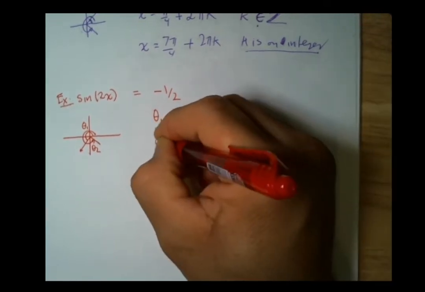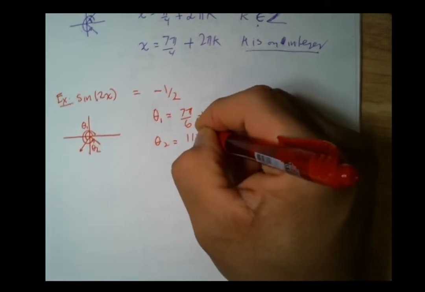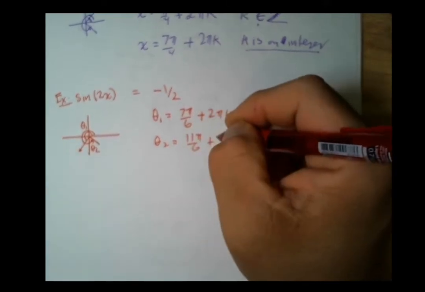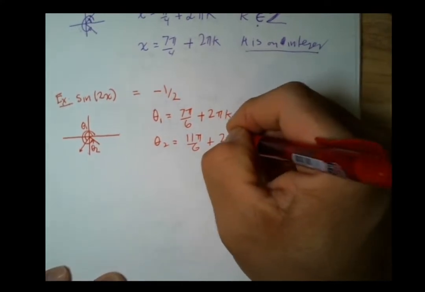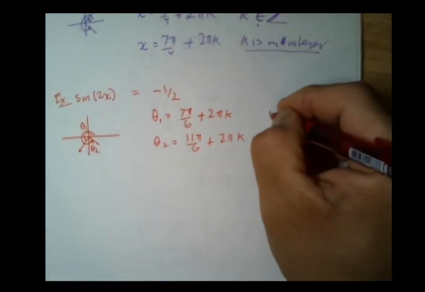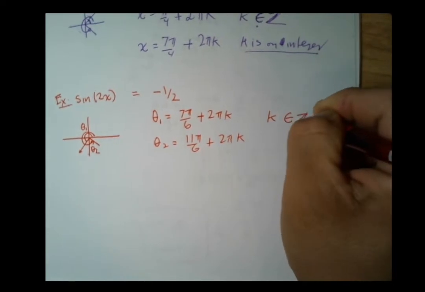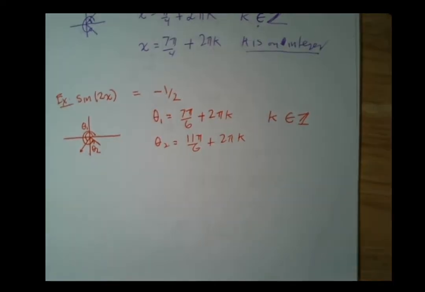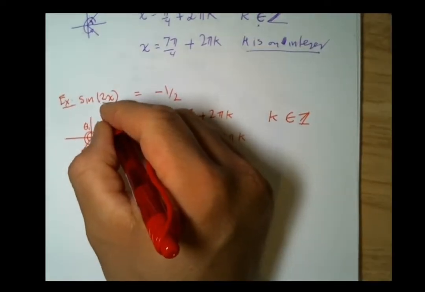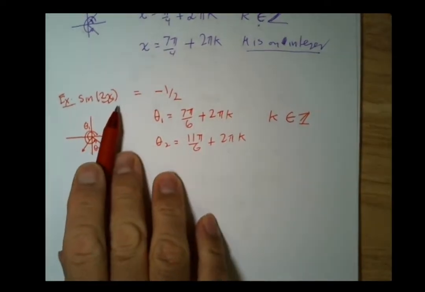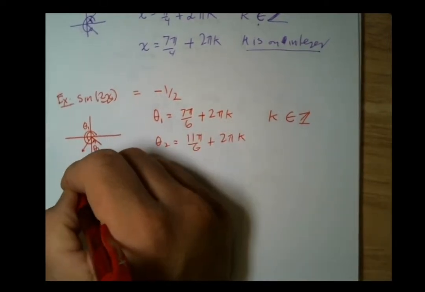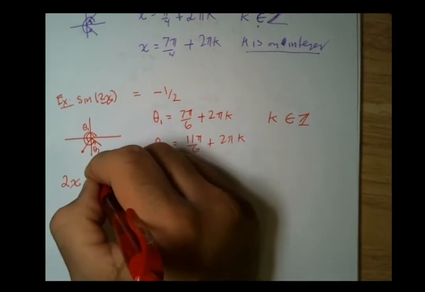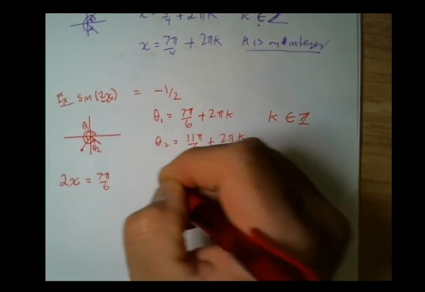And for theta 2, we get 11 pi over 6 plus 2 pi k. Right, and again, don't forget k is some integer. All right, but I'm not asking for theta 1, I'm asking for solving for x, right? So theta 1 and theta 2 are going to be replaced by this 2x. So instead of theta 1, I'm now going to write 2x is equal to 7 pi over 6